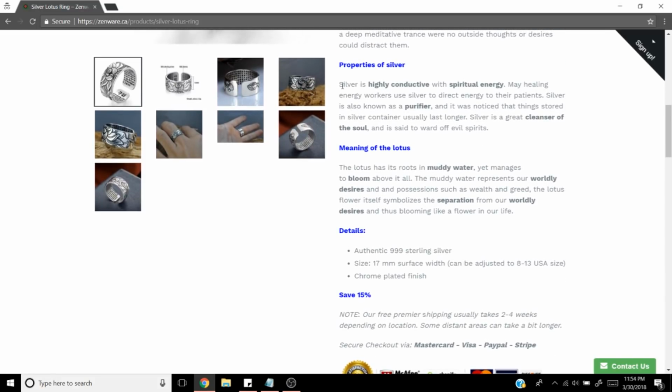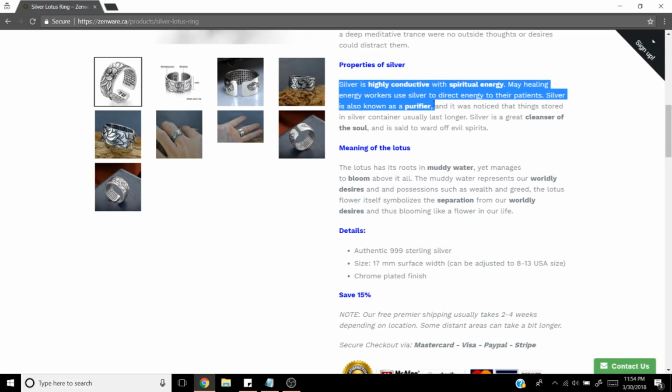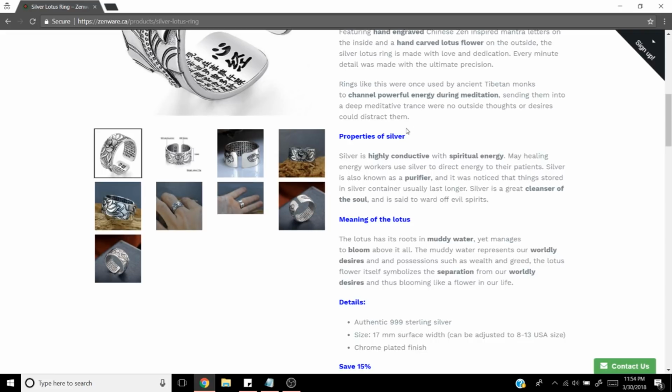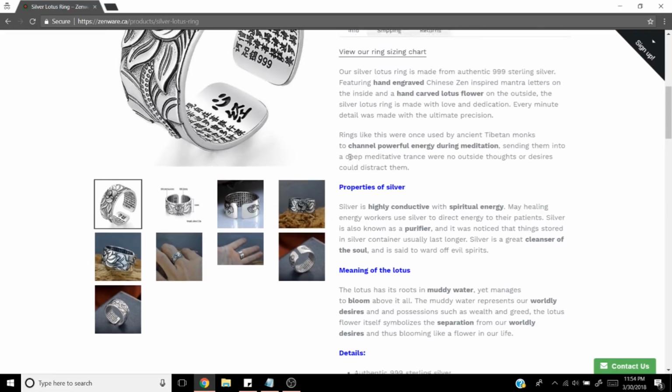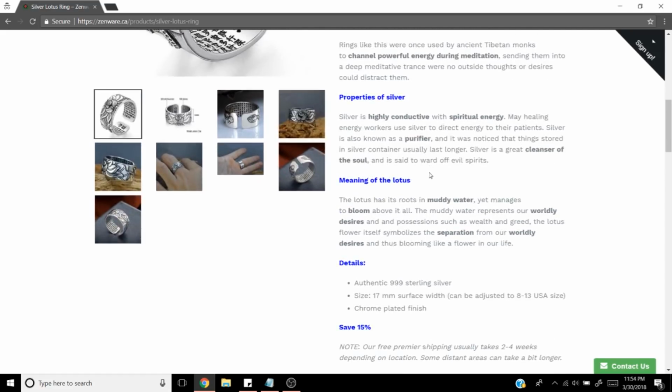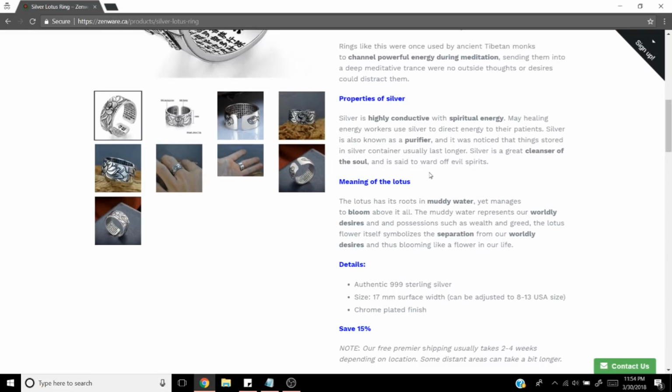Yeah, this is awesome. This is a great example of a product description. You know what you're doing, Richard. Good job. What you're doing here is giving a little bit of an intro. You're talking about the details of the ring, which is good, but you don't want to include too much of that. Then you go down here and you're really appealing to your audience, which is really what you want to do. You're like, hey, these people are going to be very spiritual minded, so let's go ahead and talk about some of the spiritual benefits of this, right?